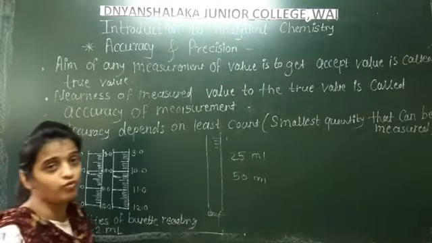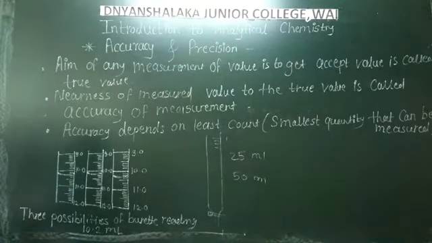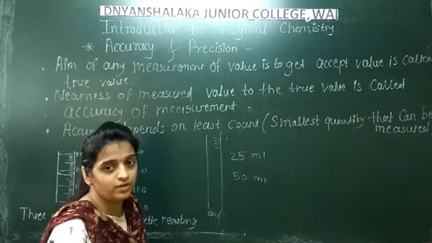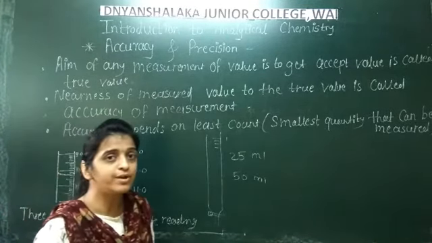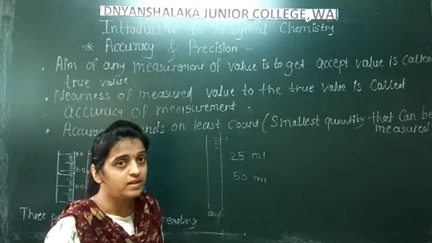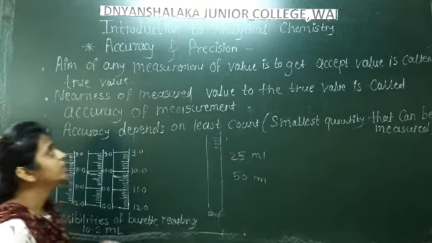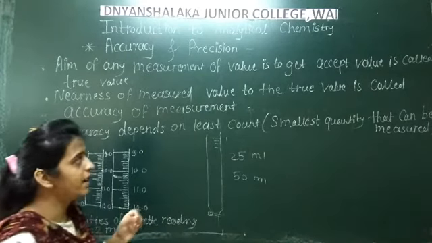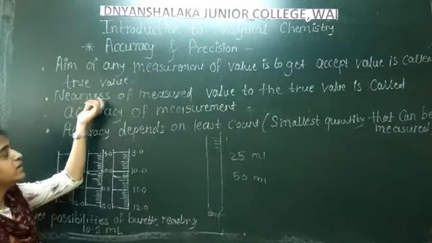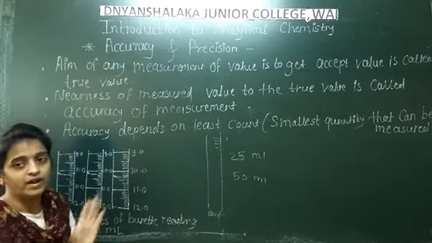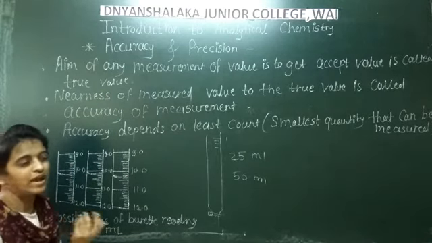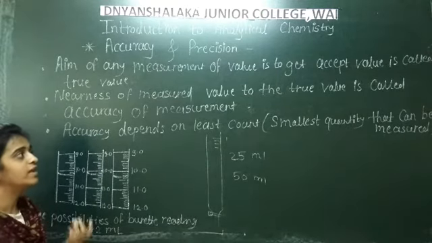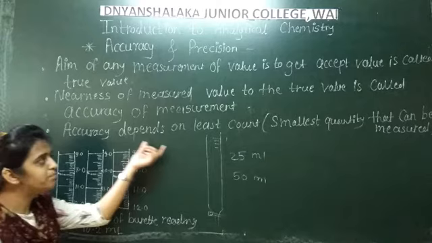Accuracy means closeness of any value. The aim of any measurement is to get the accepted value, which is called the true value. Nearness of the measured value to the true value is called the accuracy of measurement. Simply put, closeness of any value is called accuracy of measurement, and accuracy depends on least